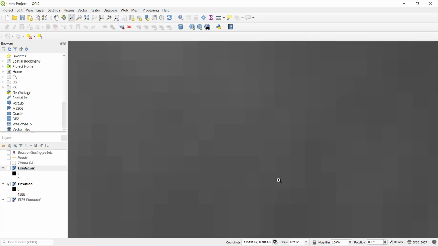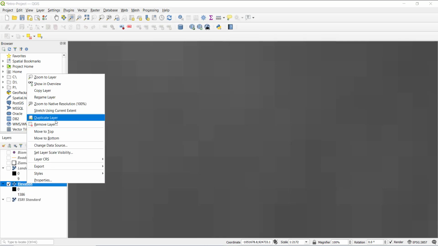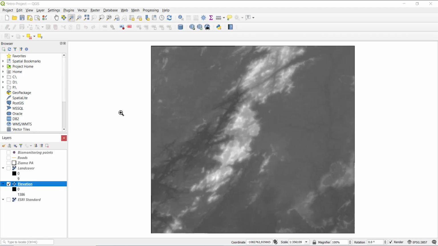And now we'll take a look at changing the symbology for this elevation layer. So stay with the elevation layer toggled on. And what we're going to do is right click on the layer and click zoom to layer so we can see the full extent of the elevation raster. And now looking in our layers list, we can see that for this layer we have a black box for 0 and a white box for